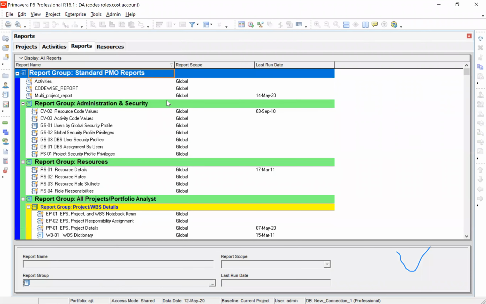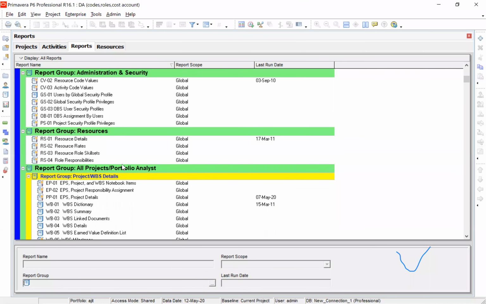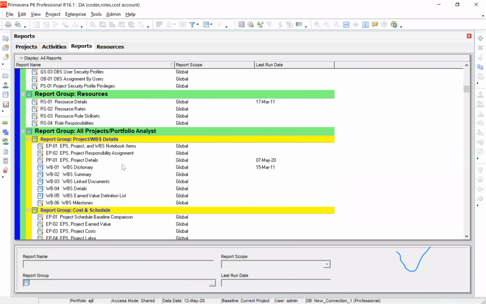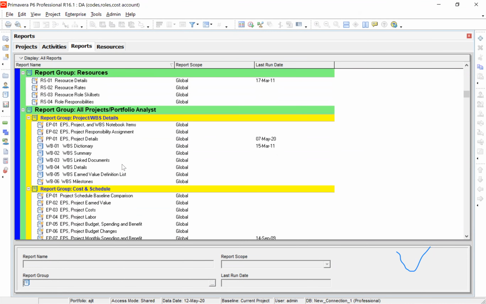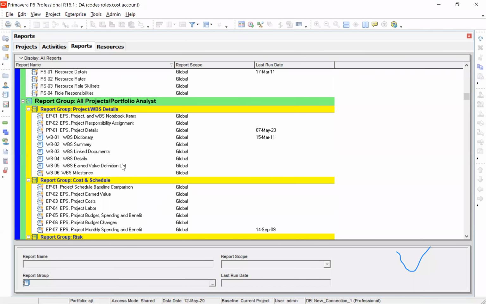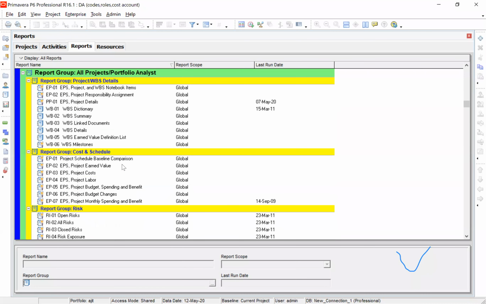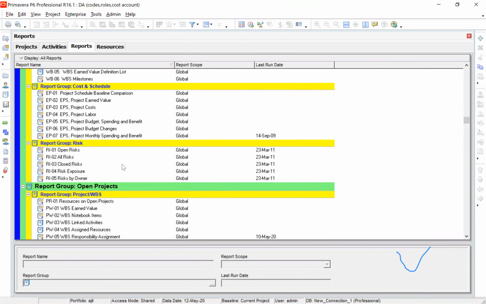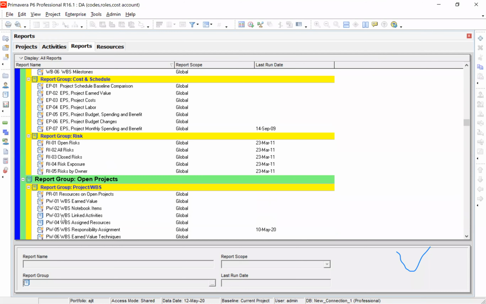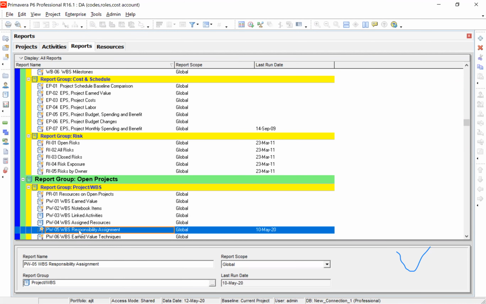Now here it is activity code values, resource details, EPS. Let us say responsibility assignment. It may not work for your project the way you want it. If it doesn't work, then you have to go for the report wizard.